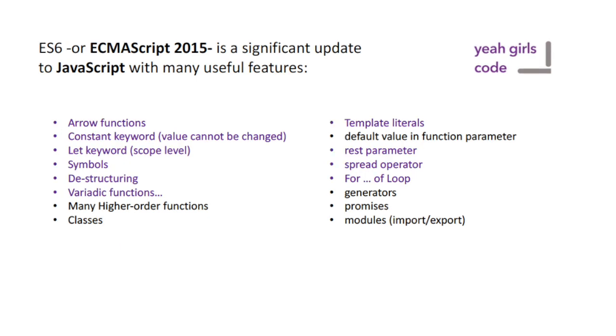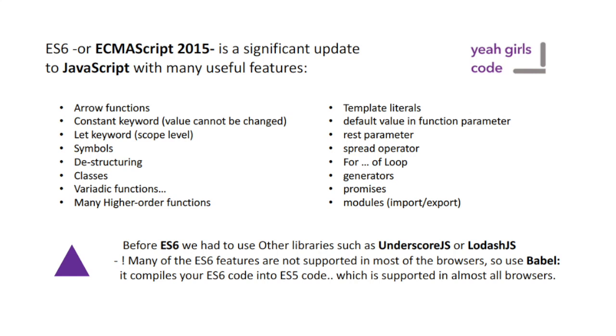However, I cannot talk about all of them in this specific tutorial, but I'm going to talk about arrow functions, the const keyword, the let keyword, symbols, destructuring, variadic functions, template literals, rest parameter, spread operator, for of loop, and classes, which is not in purple, it should be. Anyway, before ES6, we had to use other libraries, such as Underscore.js or Lodash, but you have to be